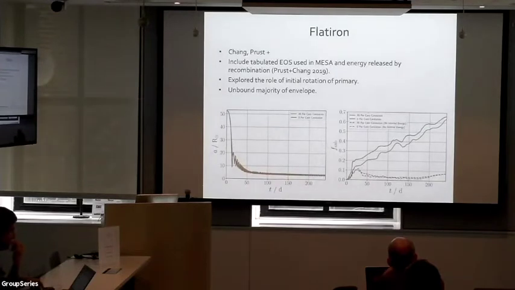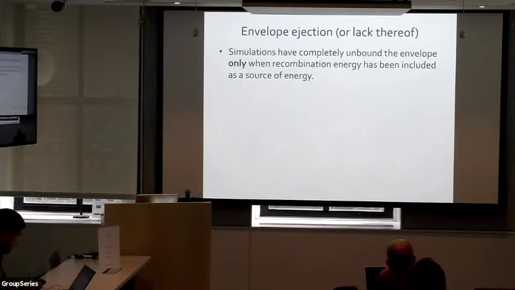And then, most recently, Phil and Phil's group, they're using a moving mesh code, which we'll be talking about soon, and they unbind a large percentage of the envelope. They include recombination energy as well. All right, so